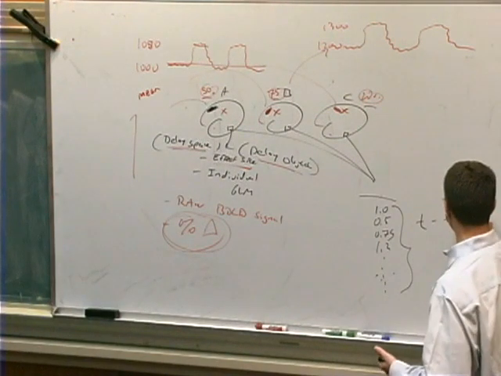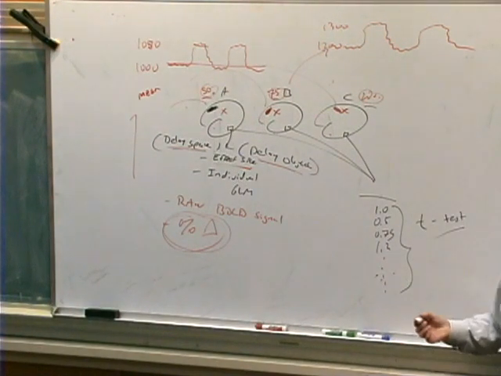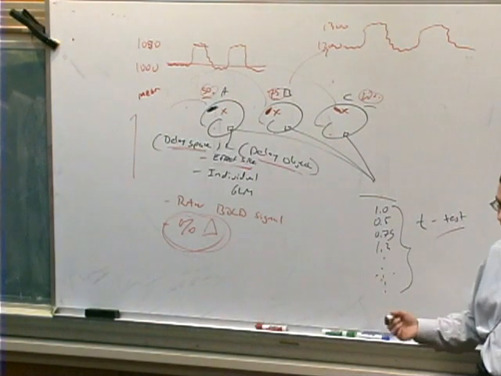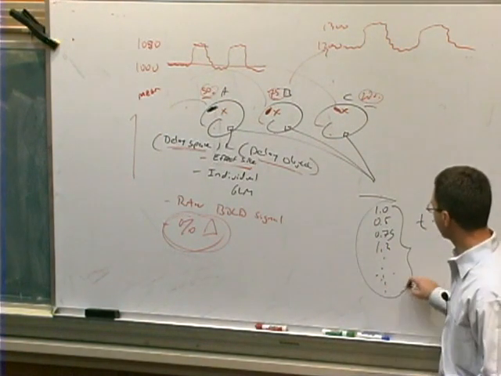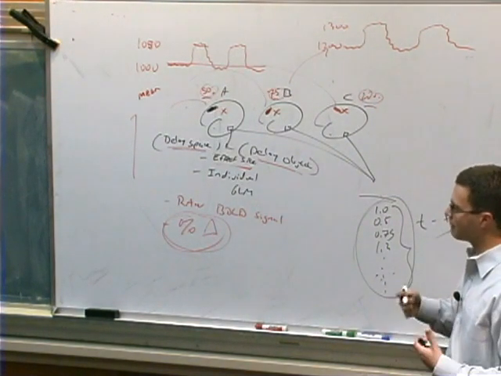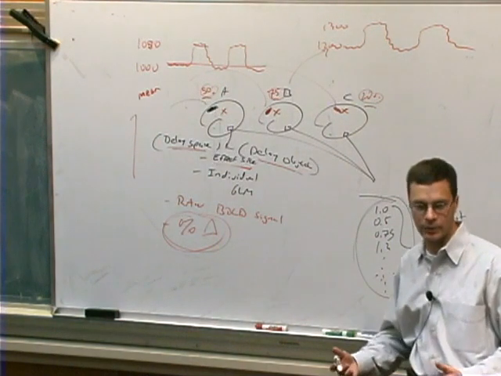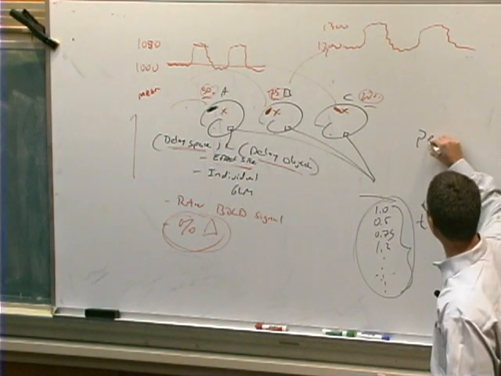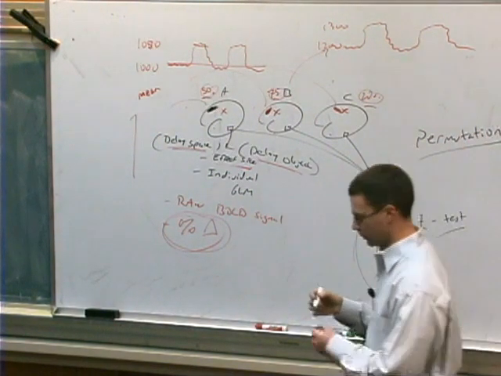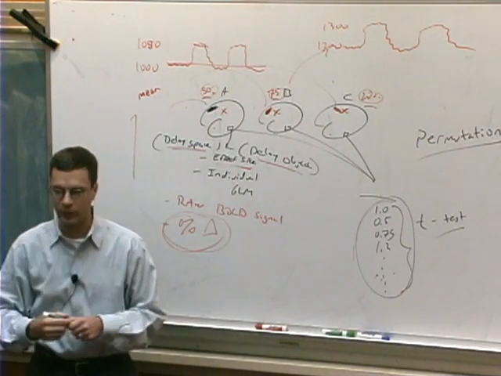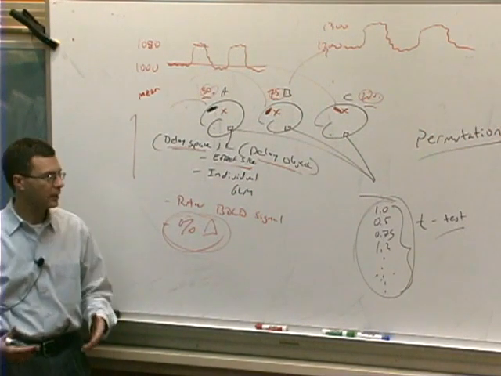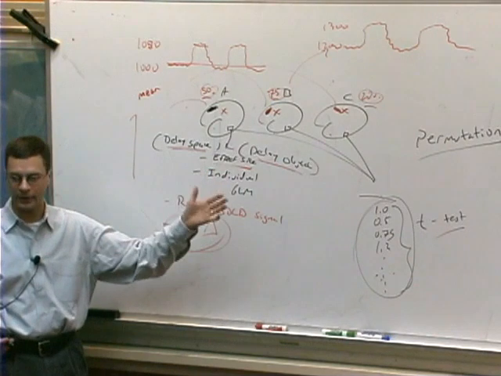That's straightforward enough. And so simply an unpaired t-test could be performed upon these numbers, and that would give you the answer. Well, it turns out there's somewhat more sensitive ways of doing this kind of thing. And one of the newest and best ways for analyzing data across subjects is to use a permutation analysis. So I'm not going to go into great detail right now about how you do permutations and what it's all about. I just want to introduce you to the concept and know that if you're analyzing data across subjects, you probably should be assessing the significance of the result with permutations.